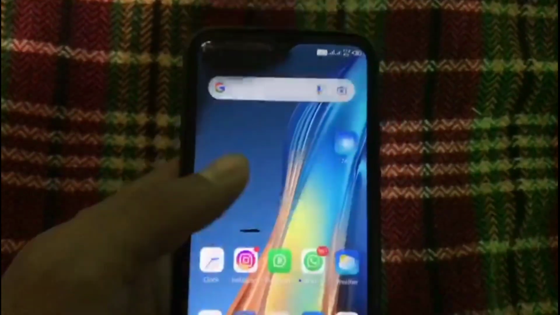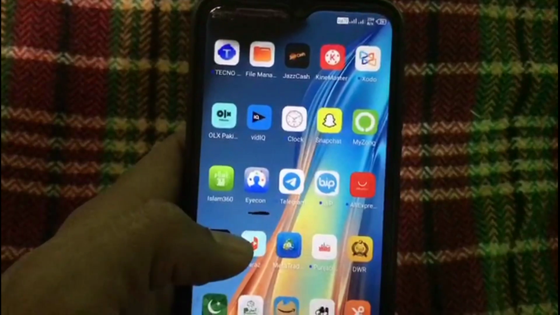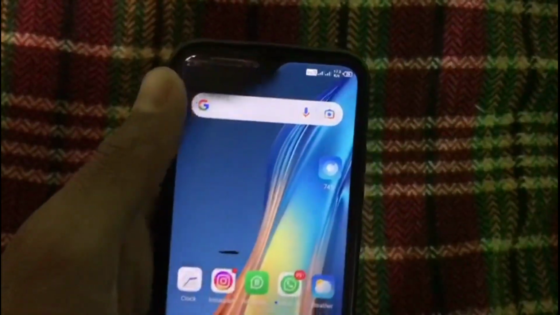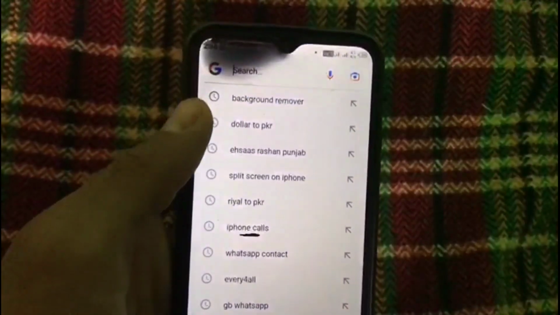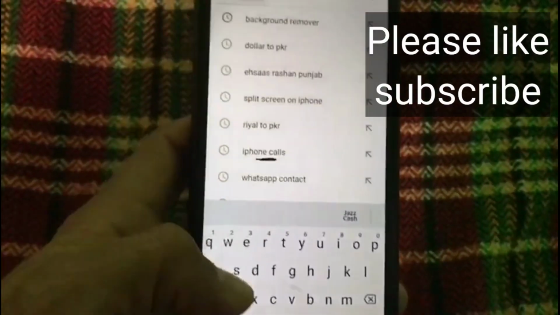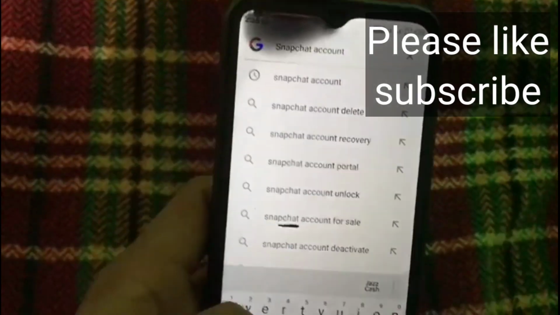In this video I will teach you how to recover deleted data of Snapchat. Guys, if you want to recover deleted data of Snapchat, follow me step by step. First of all, open Google and search here Snapchat account. Tap on it,